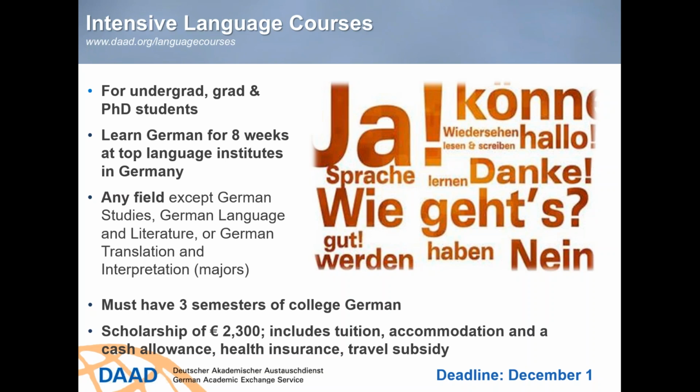For undergrads, it's typically students about to graduate who intend to go on to master's studies where they would need German. At the graduate level, master's, PhD, it's for students whose academic work focus really requires them to have that German. So this program is not open to students who are in German studies, German language and literature, translation, interpretation. The expectation is, of course, that students will already have this.